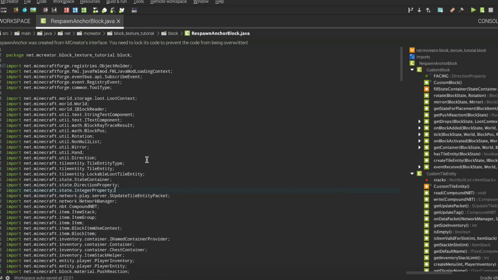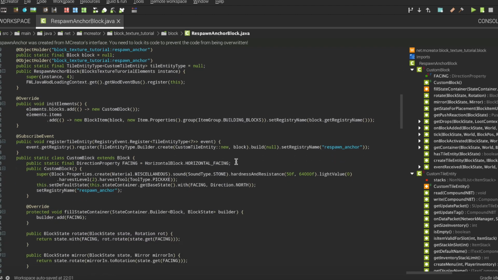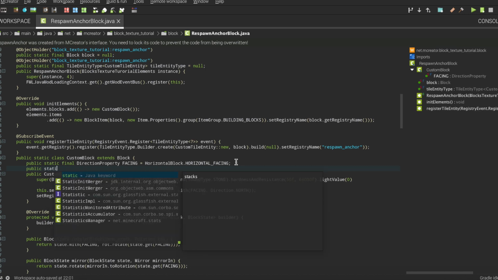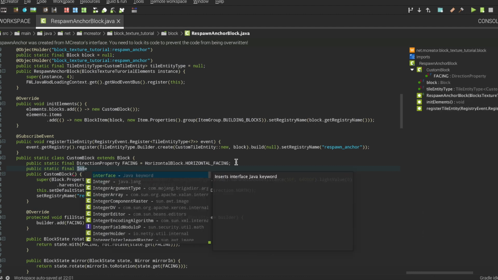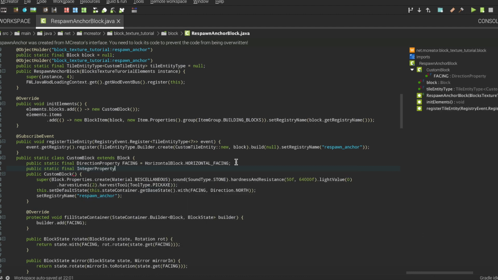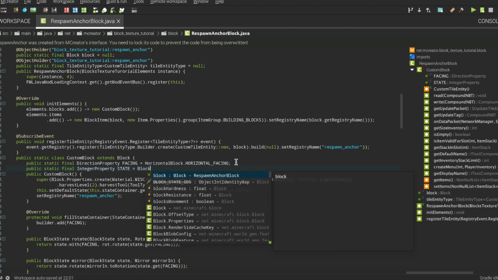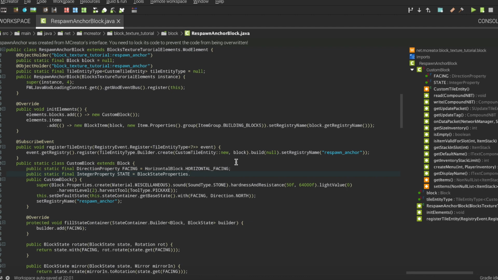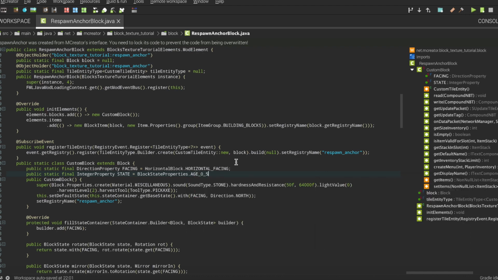net.minecraft.state.IntegerProperty this time. I'm going to use the exact same thing as last time but differently. Public static final IntegerProperty, and we're going to use the property state equals to BlockStateProperties dot, and this time we're going to use the property age 0 to 5.